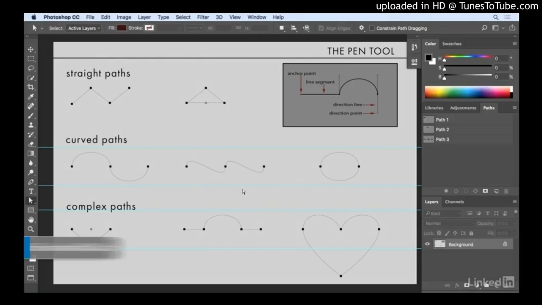And you can see I only get one this time, the one that I'm dragging up. There's no direction line going in the other direction. And that's because I'm switching from a straight line to a curved line. All right, I'll release the cursor. And now I'm going to click and drag down to create my curve. I'll hold down the Shift key just to make sure I get that vertical line, and then release the cursor.